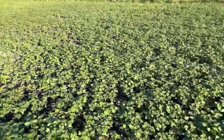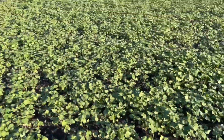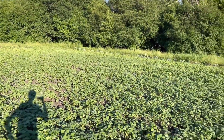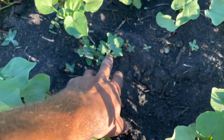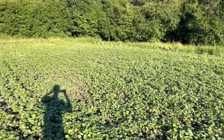Since I'm just doing no-till brassicas here later in the year, these weeds will probably be knee high, and the buckwheat will probably be waist to almost chest high. I'll probably seed into this stuff when it's about waist high, and I'll just crush everything down. I might not get the best kill on these weeds. If these weeds were chest to head high, I would get a better kill,